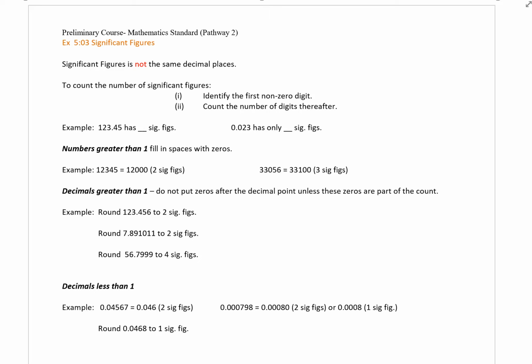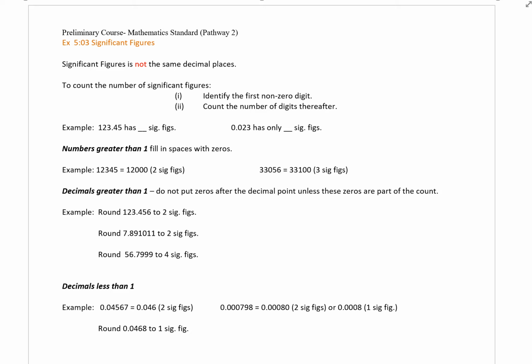Rounding a number to a stated number of significant figures is a pretty straightforward process. Now, like I said, it usually involves cutting a number back to the most significant digits. So there could be times when digits will be replaced with zeros, just like you saw with ordinary rounding. And the first digit that you're going to cut off or replace with a zero, if it's 5 or more, then you will round up